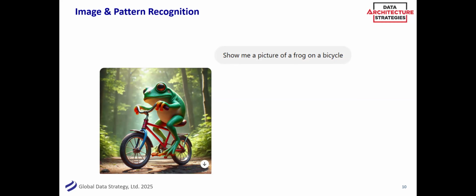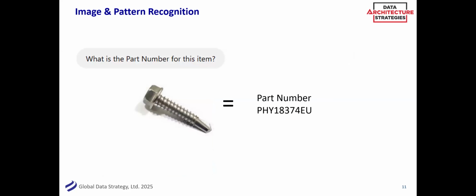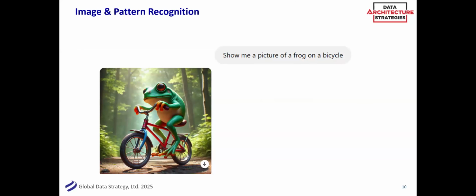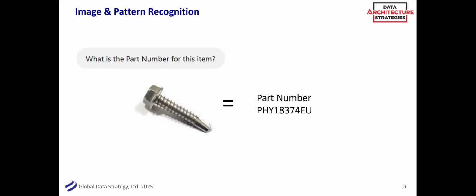A lot of that is architecture, right? And what do we mean by architecture? I won't get philosophical, but there's system architecture, there's platform architecture. Here we tend to talk about data architecture. We'll get into that, but some of the things you can do now. Okay, it's sort of fun to say frog on a bicycle. I'm sure you've all played with this and found strange things to find pictures of, and it does a pretty darn good job. But there are real world applications, right?